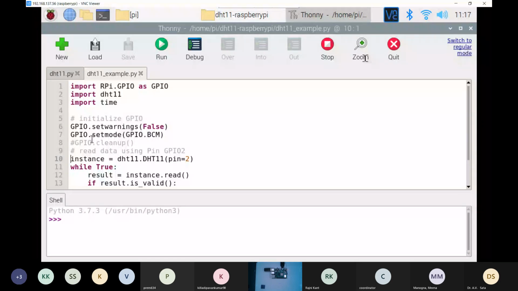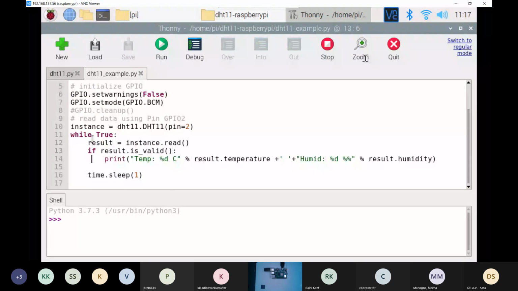And then, while True, the instance will give us the reading. We are reading the data into a variable called result, and if the result is valid, then print it. Basically in Python, whatever we want to do, we just define as it is. So we have defined result, and then we define that if result is valid, then print it.